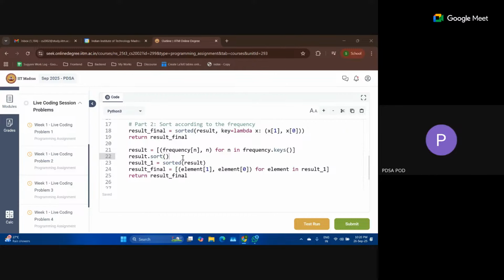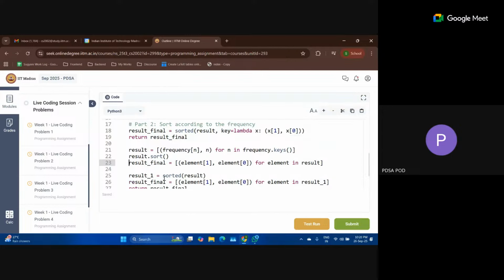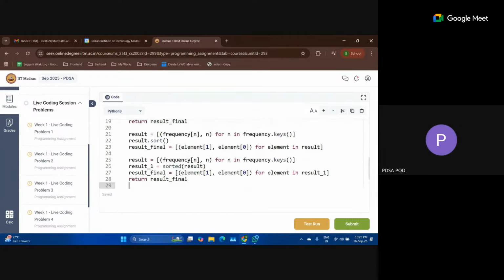So if I write this, then it will sort, and if the frequencies are same, then it will sort according to n, right? Yes, ma'am. So we can use result dot sort, and then result final will be equal to element in result, or we can do this in 3 different ways.